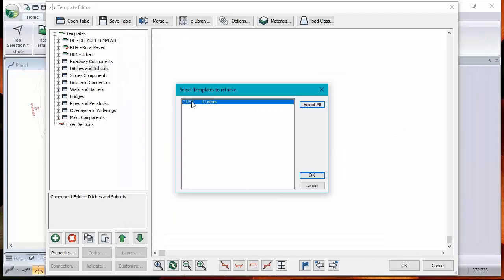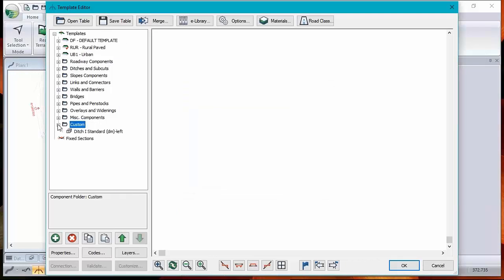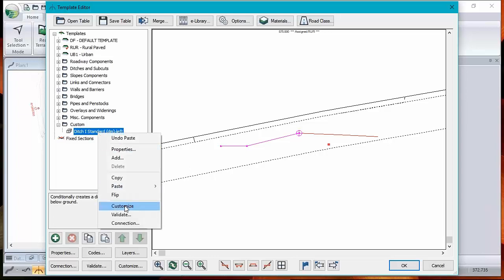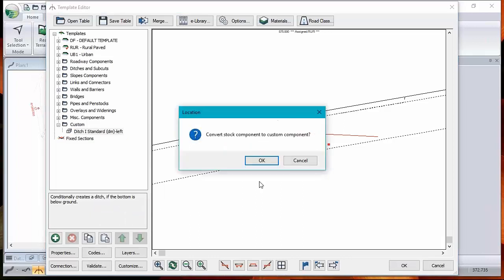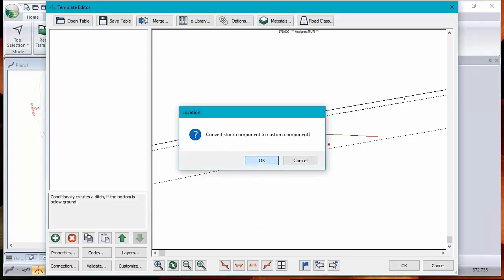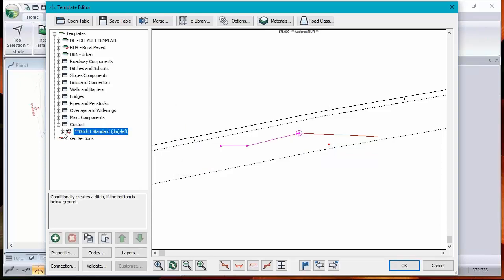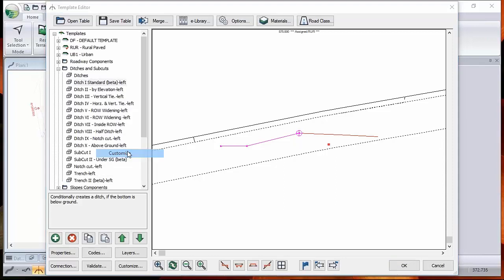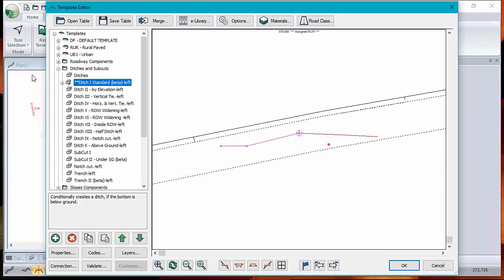And it's going to add a custom component folder down at the bottom here. And there's my fixed ditch. All I had to do to fix this ditch was customize it, and then go into the parameter properties and, well, I'll just show you. It doesn't take long. This is for advanced users, and of course Softree employees do this all the time. Actually, let's go to the one that's broken. This one. Customize. Okay. It now has an